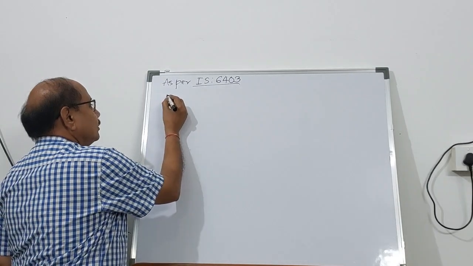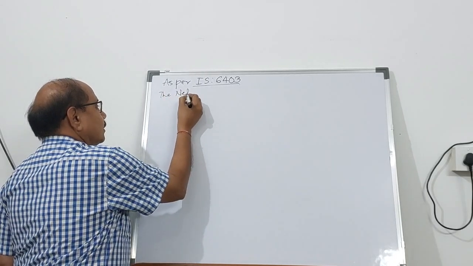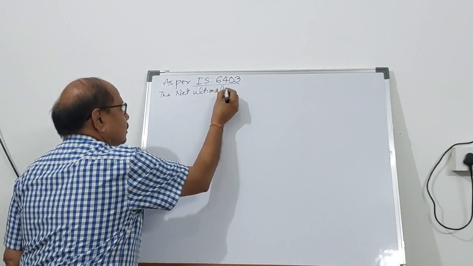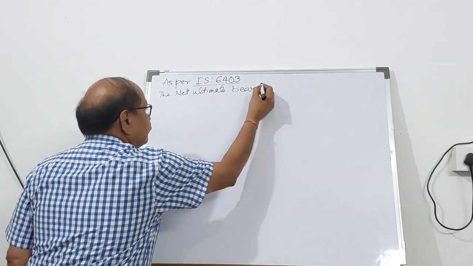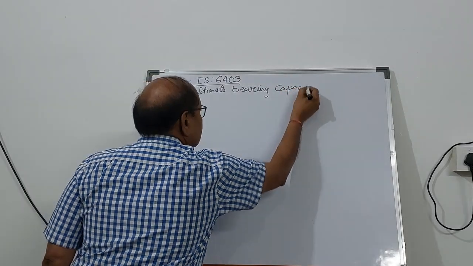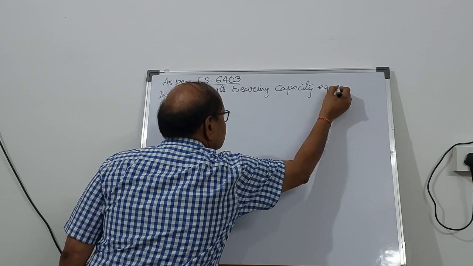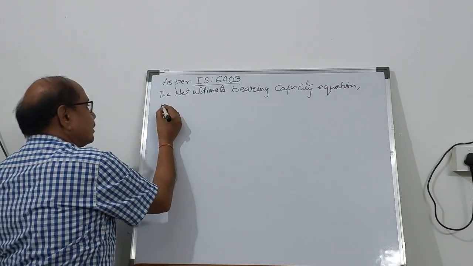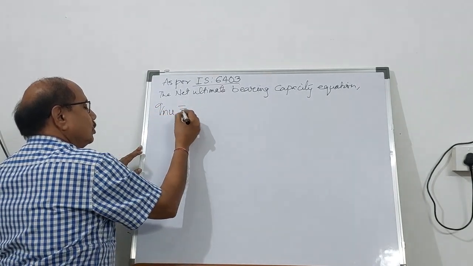The net ultimate bearing capacity equation is given as Q nu equal to